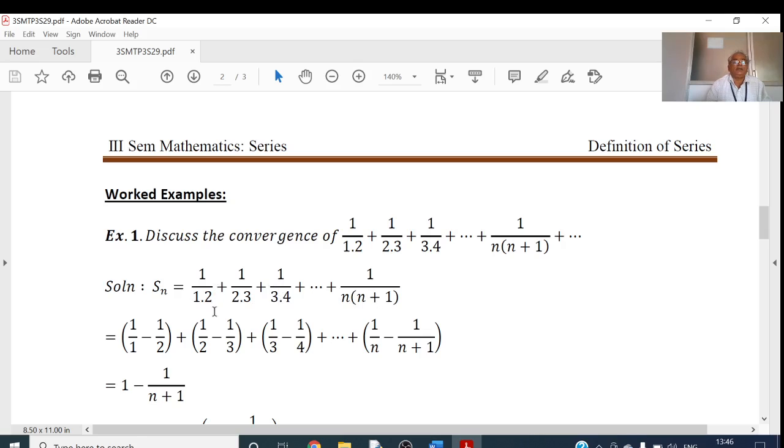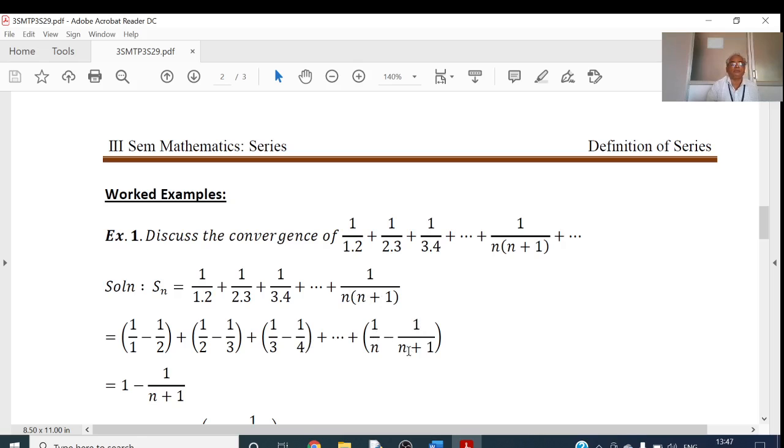I can write 1 by 1 into 2 as 1 by 1 minus 1 by 2, plus 1 by 2 into 3 as 1 by 2 minus 1 by 3, plus 1 by 3 into 4 as 1 by 3 minus 1 by 4,